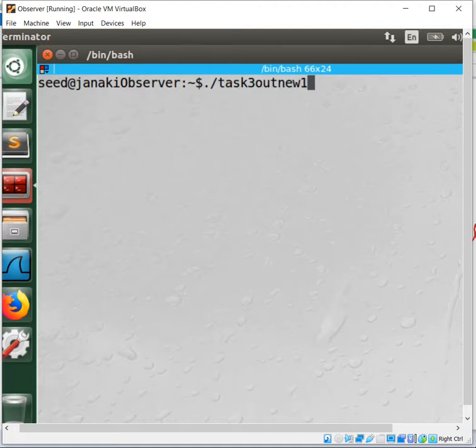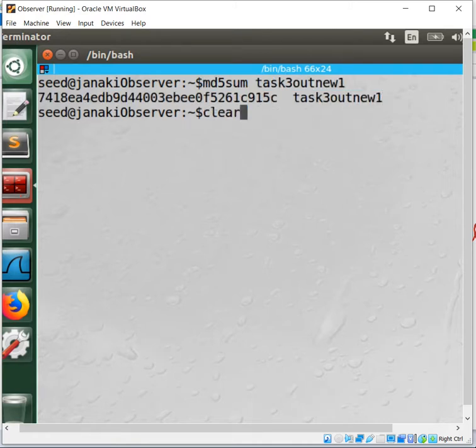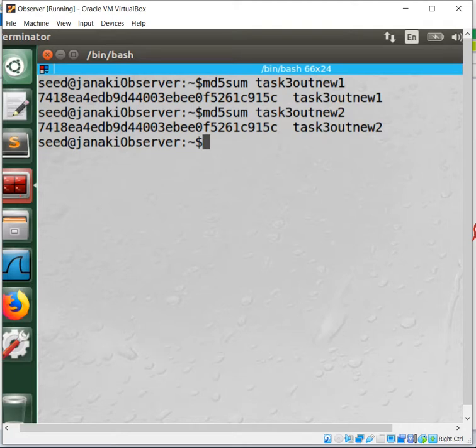But if you check the MD5 sum of task3_out_new1 and task3_out_new2, both MD5 values are the same.